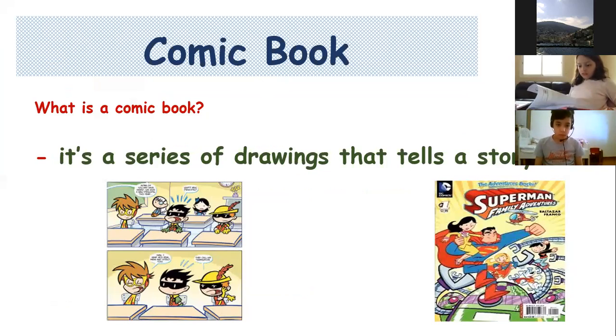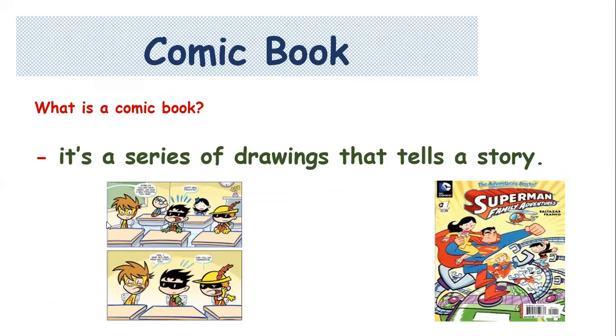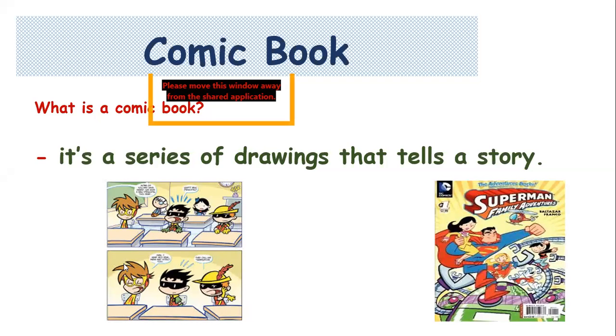Okay. So a comic book is a series of drawings that tells a story. Look at this picture here. When you see this, this is a comic book. See, it's a drawing, not for real people. And each one of the characters has a dialogue. What is a dialogue? This is a dialogue. The box here, and there we have an arrow pointed to this person to tell us that this character is saying this thing. Okay?